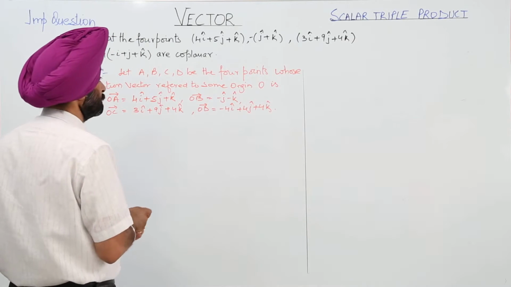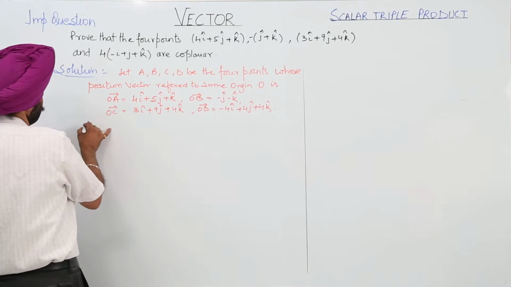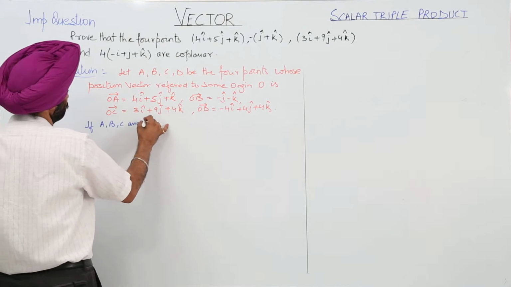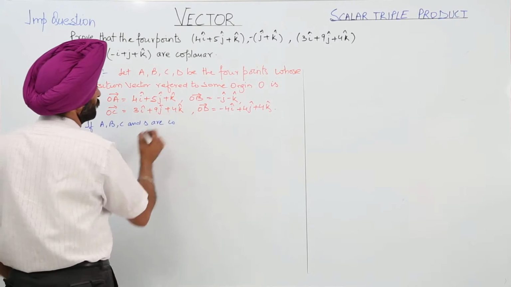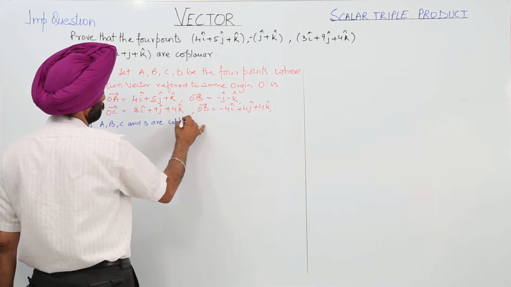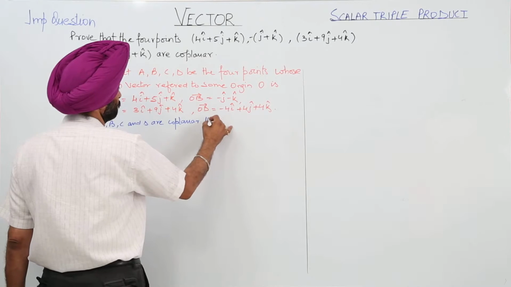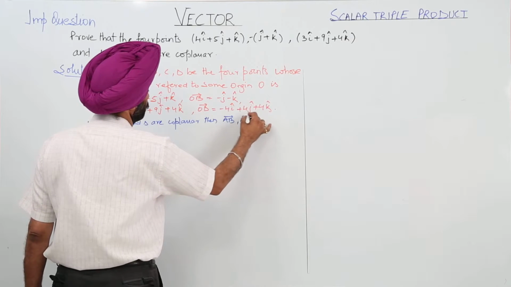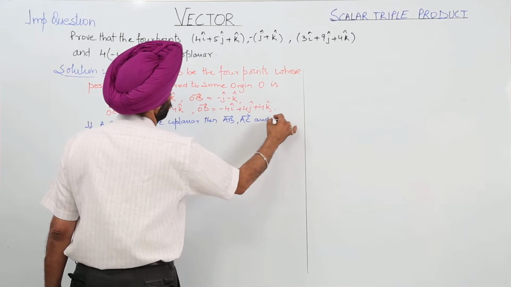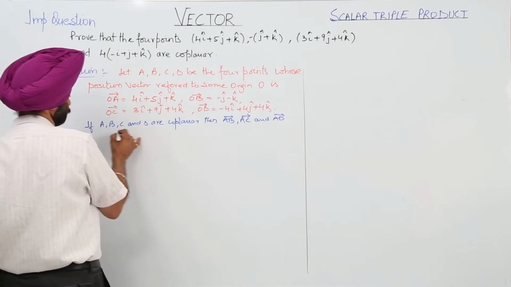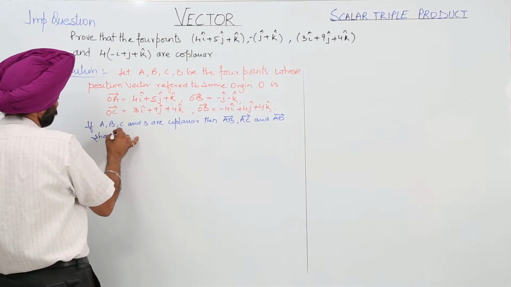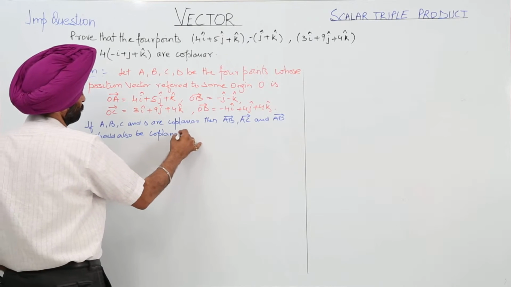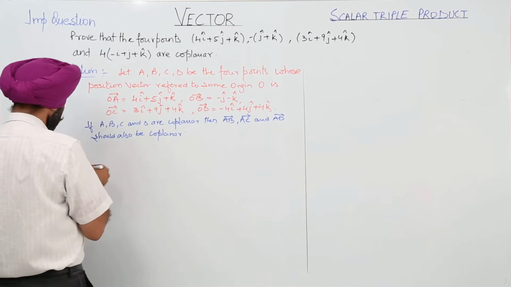Now if A, B, C and D are coplanar, then vector AB, vector AC and vector AD should also be coplanar. Now vector AB,